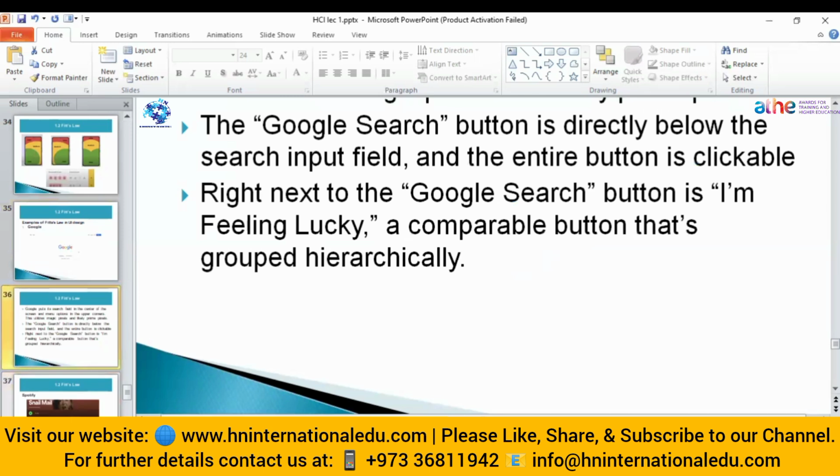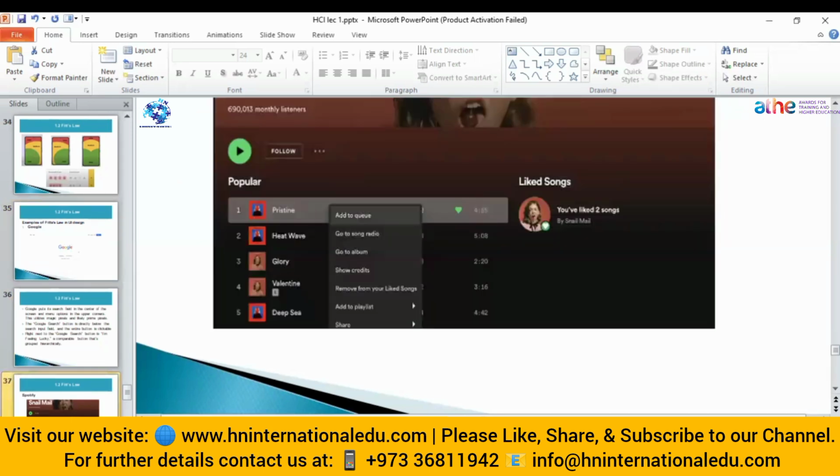Then here, these are some websites in which Fitts's law is used, and they also follow Hick's law. Here you can see that in this recommendation option, only a few options are provided. And as I mentioned, this play button is given the green color.